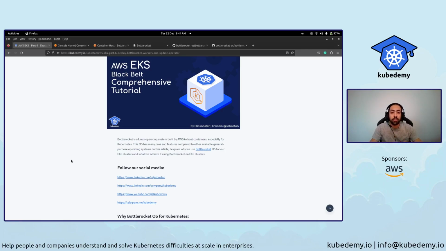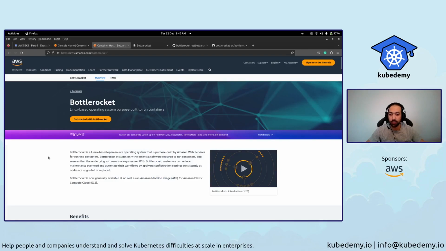Think of other general-purpose OSes that you can use for everything, but Bottlerocket OS is specifically designed for containers. If you search for Bottlerocket, you can find some information and use cases along with success stories in